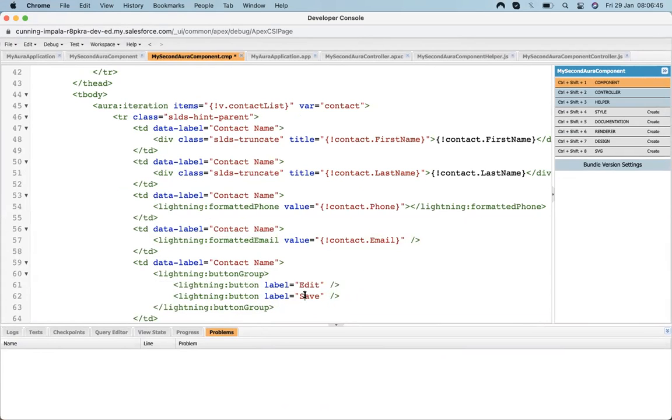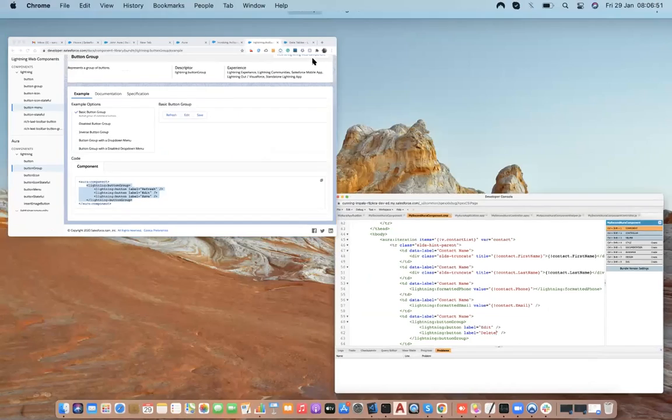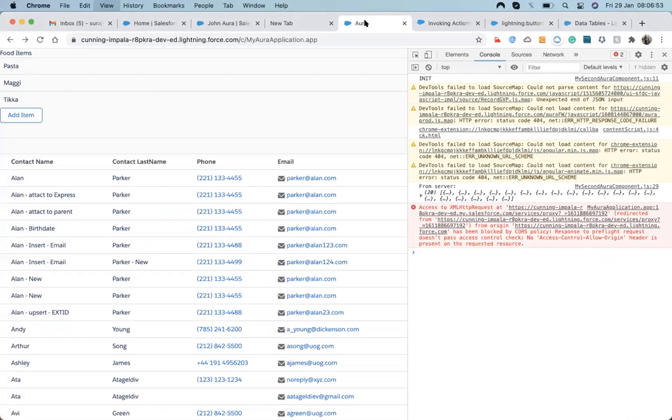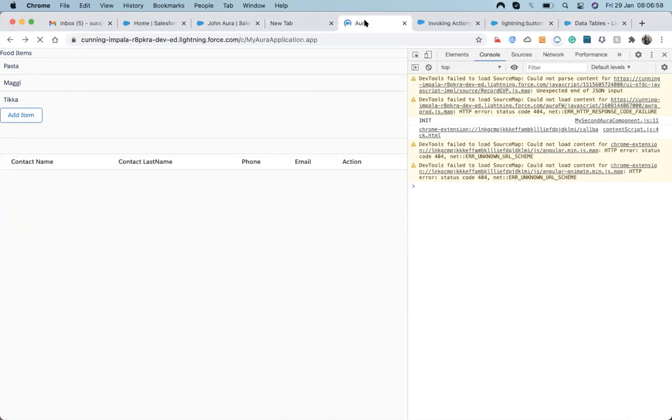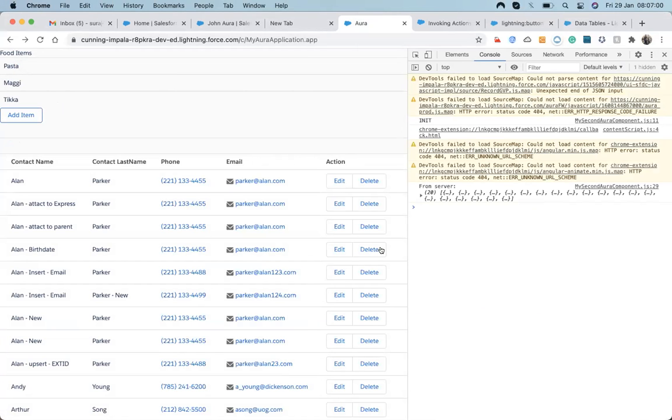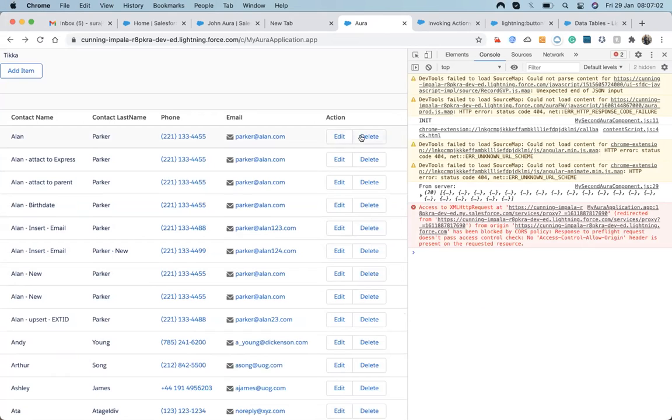Okay, edit and delete. Let's have a look at how it looks. Okay, you can see we have an edit and delete button. So it will help us to edit or delete a record.